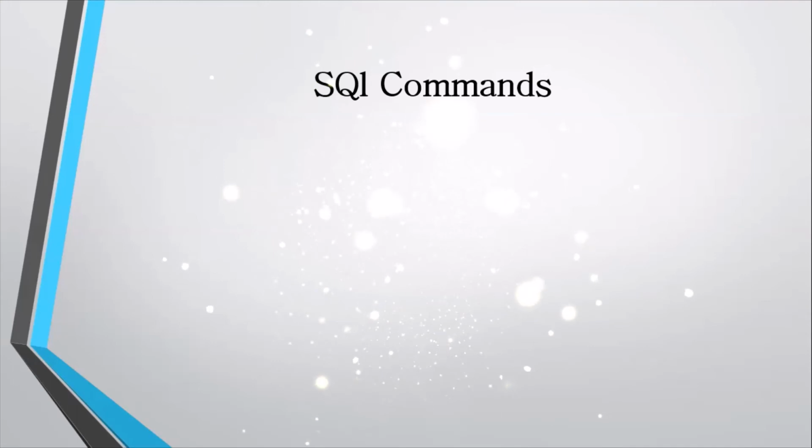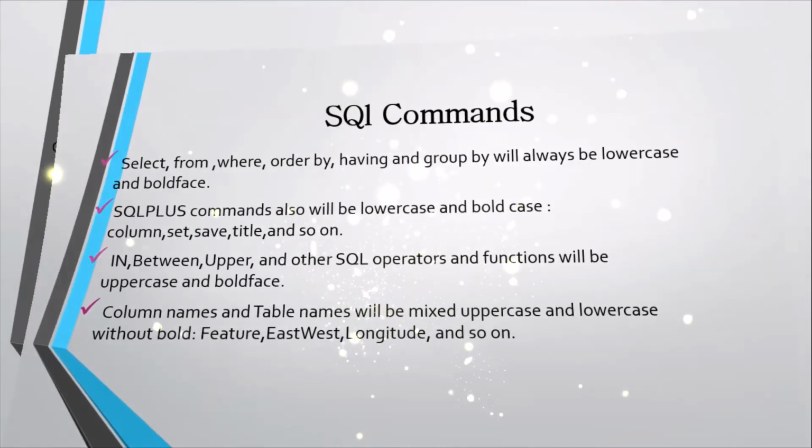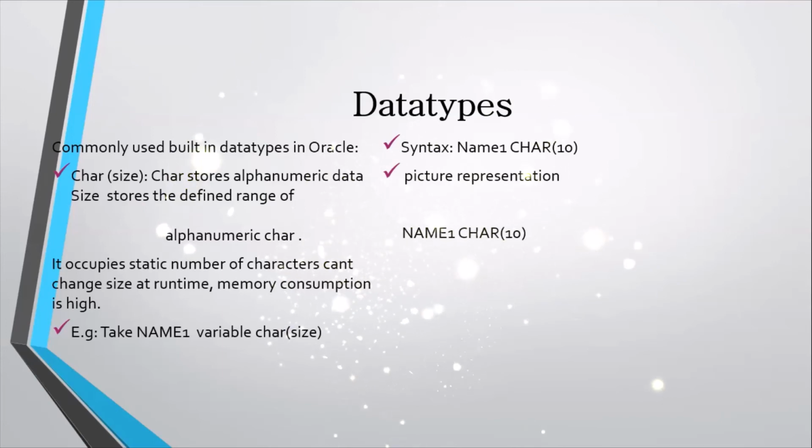Then we went to the SQL commands. What are SQL commands? What is select, from, where, order by, having, group by. These are basic concepts, no matter whether you are using Oracle, Cassandra, or big data, all these concepts remain the same, and this is the base of any database. And then again data types. It is independent of what kind of database you are using, whether big data, Cassandra, or cloud-based. Anything you use, these data types and their definitions remain the same.